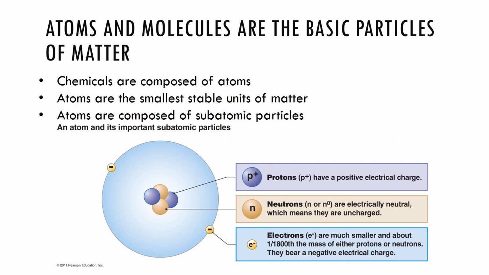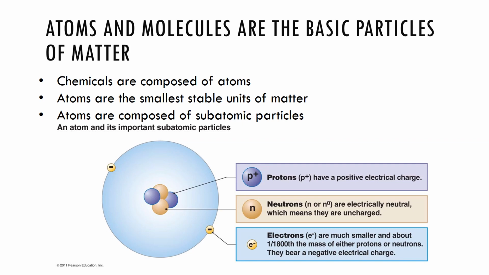Atoms are also composed of subatomic particles. The nucleus of an atom consists of neutrons and protons. A neutron has no charge, a proton has a positive charge, and the electrons orbit the nucleus. They are equal in number to the protons in an atom if the atom is balanced and uncharged. Electrons, however,